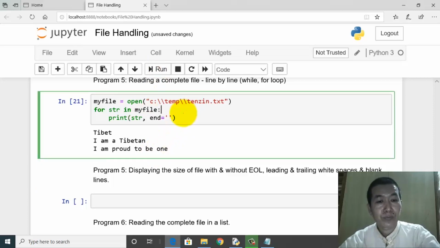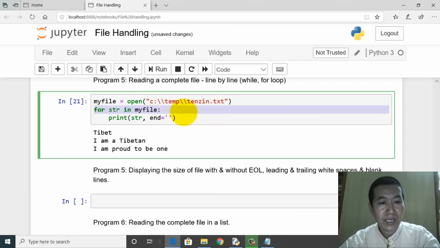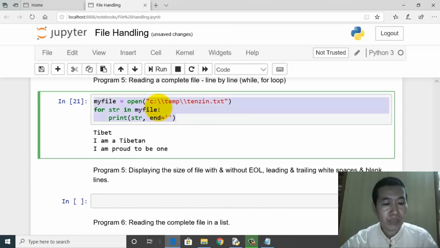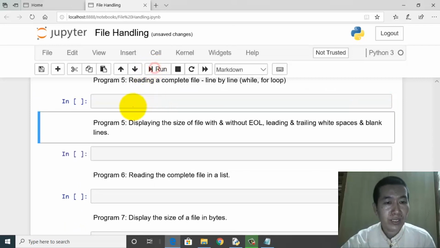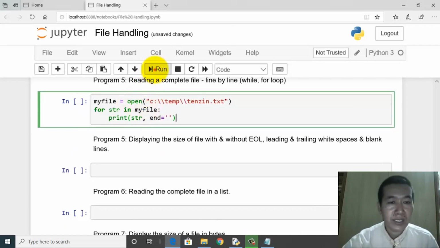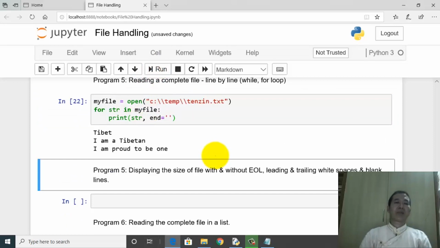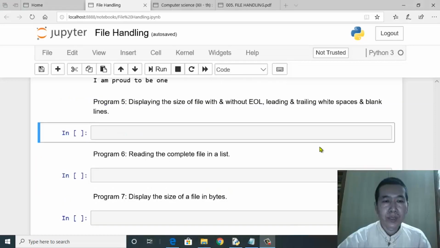Okay, in order to be absolutely clear, what I'll do is I'll first get rid of this, cut it, run it. I don't have the output here, paste it, and then run this. Okay, there you go. I get the same output. So this is how I'm able to print the entire content of the file using either for or while. So just in case in the exam, if you are asked to print the entire content of the file, you could do either way.